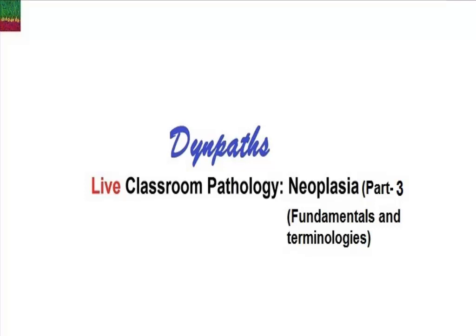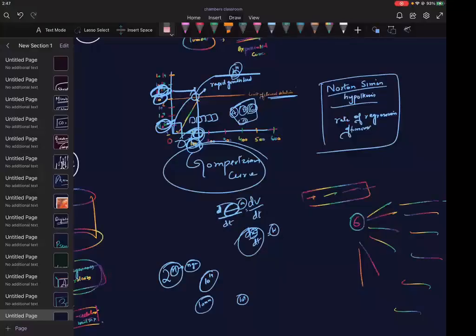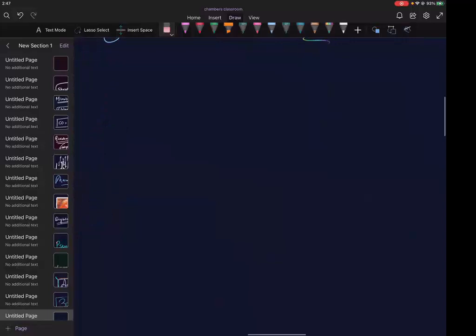So hello friends, today we will be continuing the discussion on neoplasia. It's actually part 3 of the neoplasia. We have yesterday discussed this comparison curve. We stopped here on this comparison curve, where we said this curve is discussing the growth of the tumors. The rate of growth is actually decreasing after the tumor becomes clinically significant, gives us those clinical features, as said by the comparison, due to the competition, intercompetition I can say, between the cancer cells.